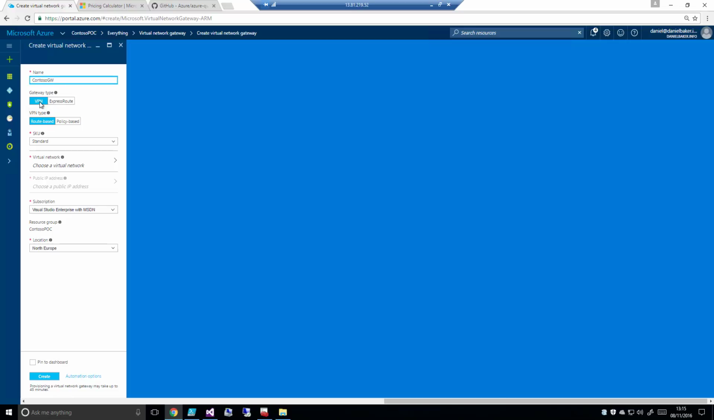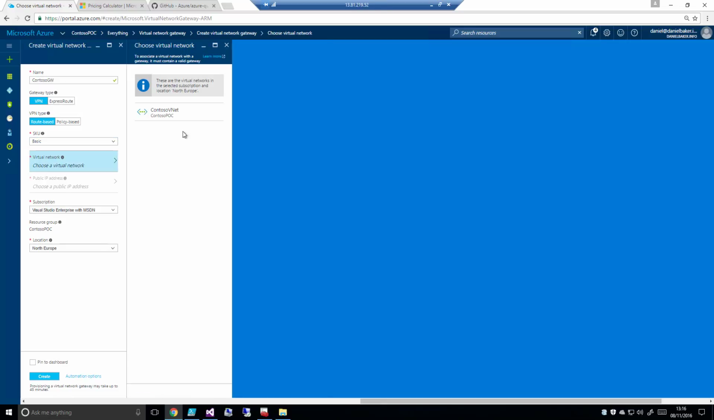Now that's going to support point-to-site and site-to-site connections. If you cast your mind back to yesterday, we also had express routes, which was that private connection directly into the Azure network. I want it to be a route-based VPN, and I'm going to go for a basic SKU. Okay, we're not doing much in this proof of concept, so we don't need the extra power that the standard and advanced SKUs offer. In terms of the virtual network, I'm going to go ahead and select the Contoso VNet